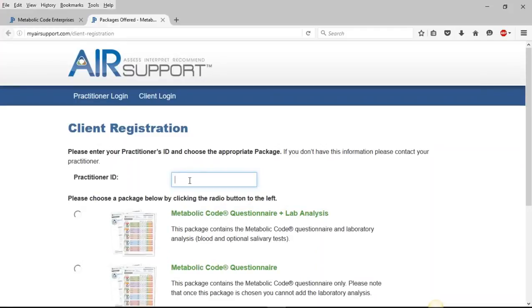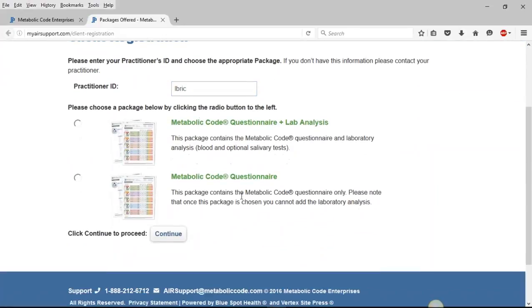Enter the practitioner ID which was provided in your welcome email, and choose the appropriate package. It is imperative that the appropriate package is chosen so that the report and its results